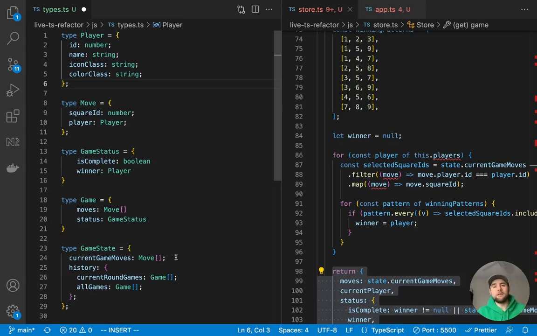So as you can see, TypeScript is already making us think a lot more clearly about what types of objects we're passing, objects, arrays, and so on, what types we're passing through our code. And it makes us a lot more explicit about that and more organized.